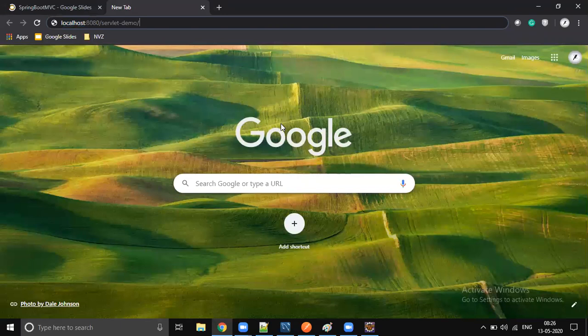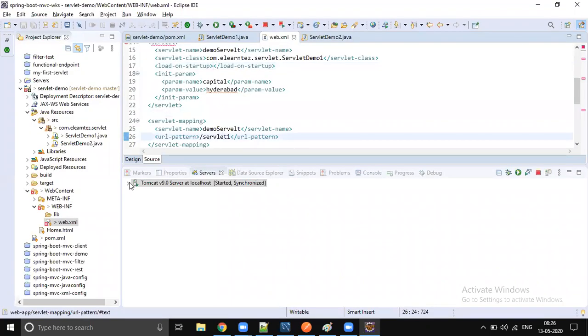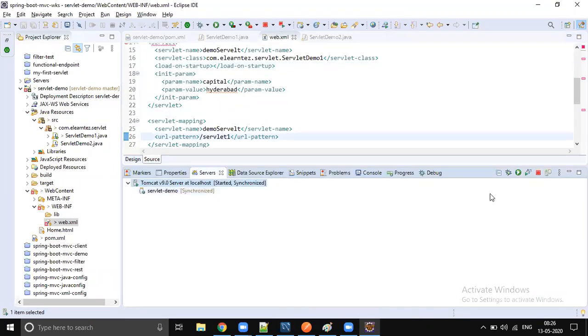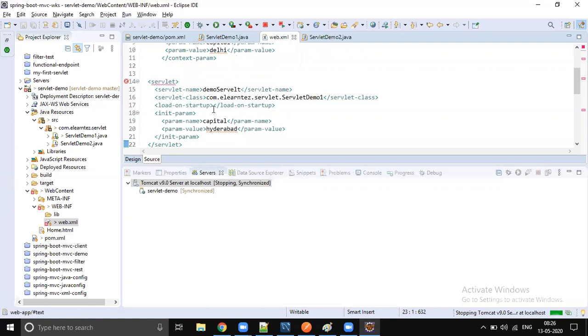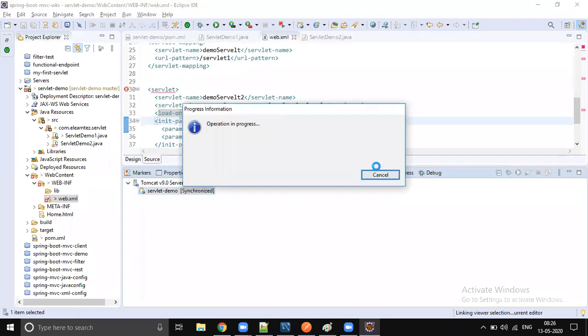So slash servlet 1. 404. Okay, there is some problem. We're deploying this servlet, right? Yes. Let's stop this and give some load on startup value. So 1 and 2. This external server is killing the system like anything. Okay, let it load.